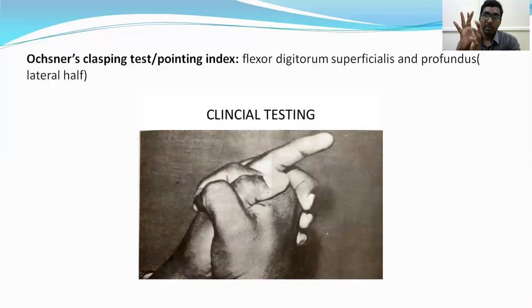The third finger is also supplied by the median nerve, but it can flex a little bit because the lateral two fingers' flexor digitorum profundus is supplied by the ulnar nerve, which can give a little bit of nerve supply to this finger, but it cannot give to that much distance. So in median nerve injury, the third finger can flex a little bit, but not the index finger. So in median nerve injury, we always have to examine from the index finger for proper results. This is pointing index.